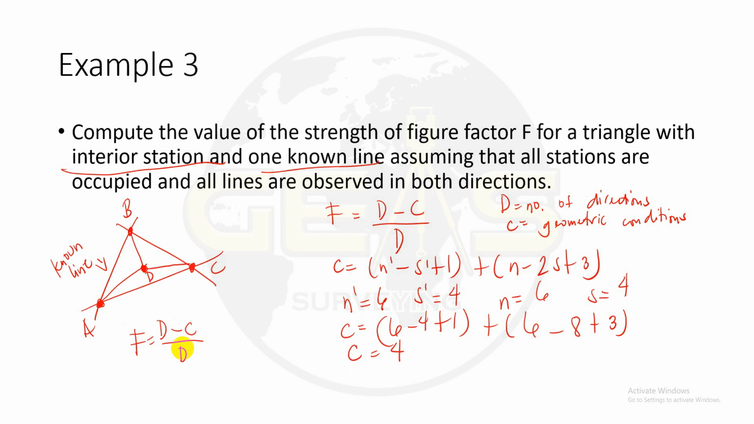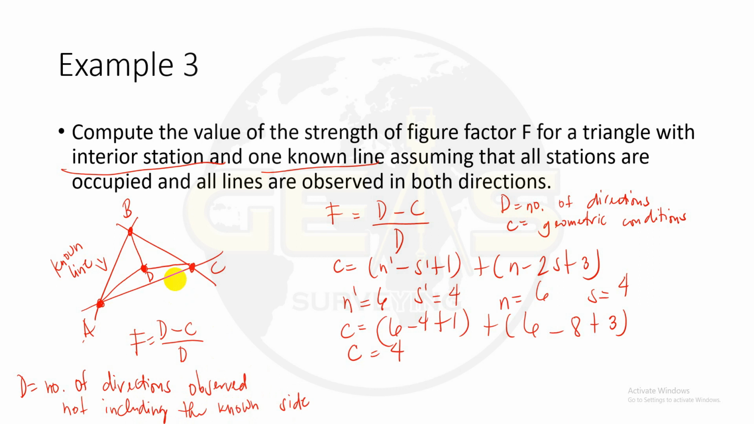D is equal to the number of directions observed, not including the known side. Okay, so let's count the